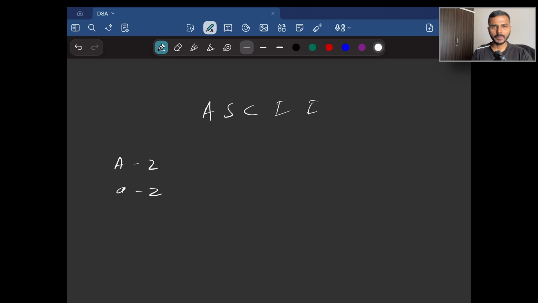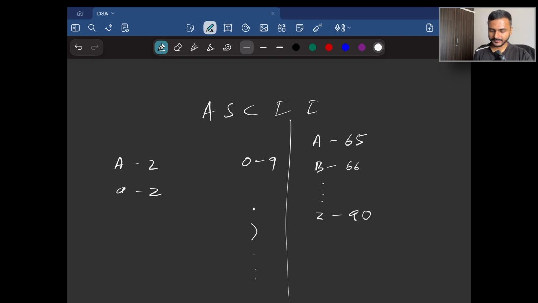So both uppercase A to Z and lowercase a to z, digits, which means 0 to 9, and a few characters, for example, dot or close parenthesis, etc. Now in ASCII, uppercase A is represented as 65. Uppercase B is 66, and so on all the way up to uppercase Z, which is 90. For lowercase a, it is 97, lowercase b, it is 98, and this goes all the way up to lowercase